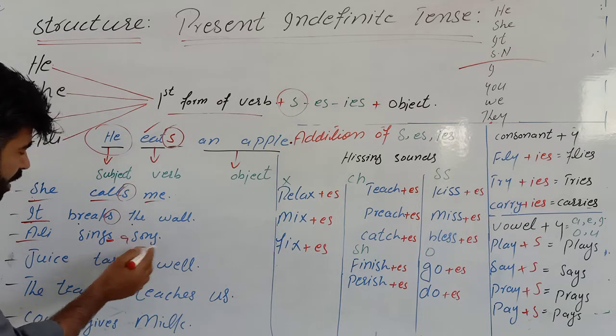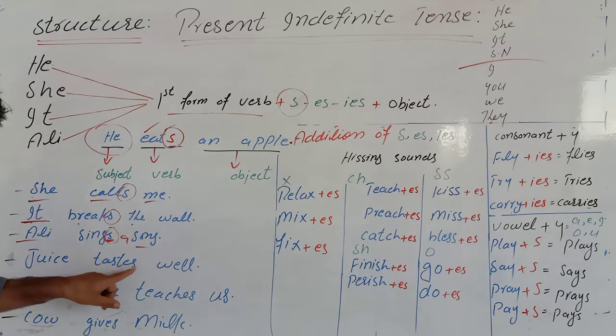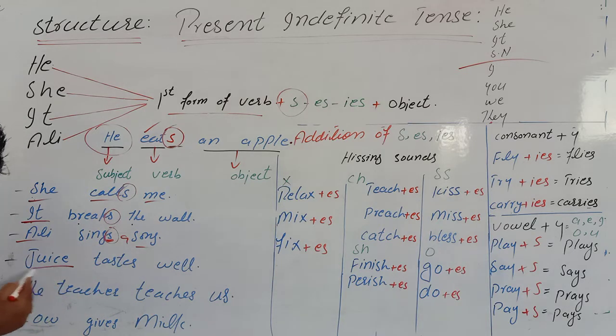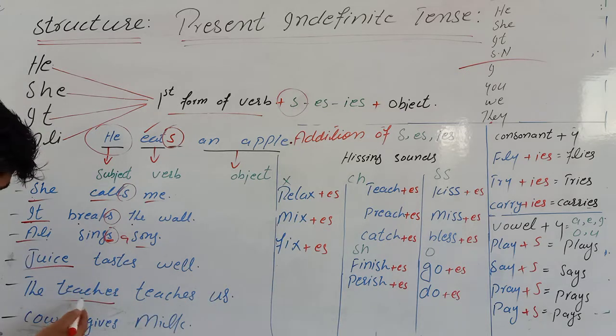Ali sings a song. So here you can see the addition of S once again. Juice tastes well. And once again, Ali, this is a singular noun, juice, a singular noun. In the same way, here we have a singular noun once again. The teacher teaches us. And you see, this is a singular noun,